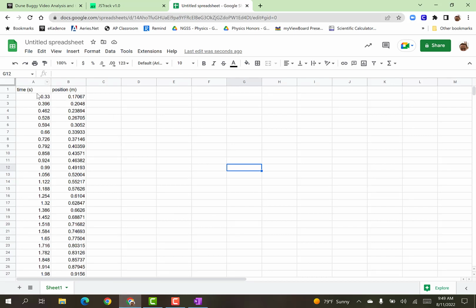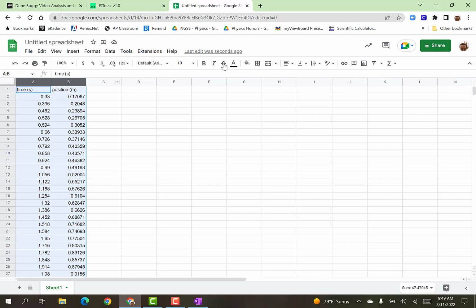And how Google Sheets works is when you go to graph, your independent variables are on the left side, your dependent variables on the right side. So I got this situated correctly. If it was wrong, I could just copy and paste over one of them. So I'm just going to highlight both of those like that. And then I'm going to graph. So the graph icon is up here. It's insert chart. Looks like a little bar graph. So if I click on that,